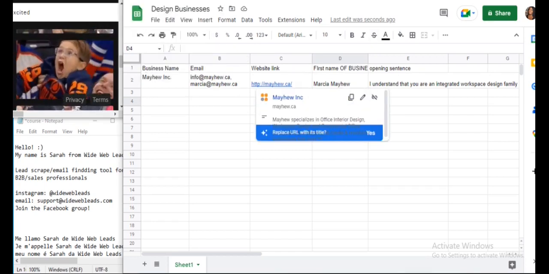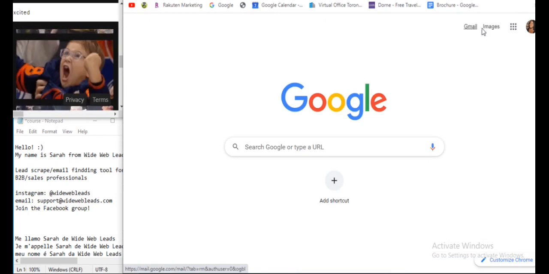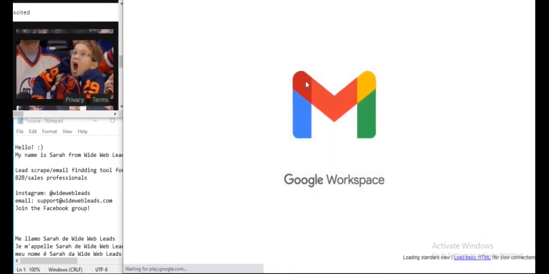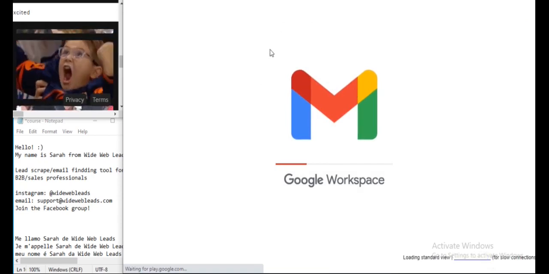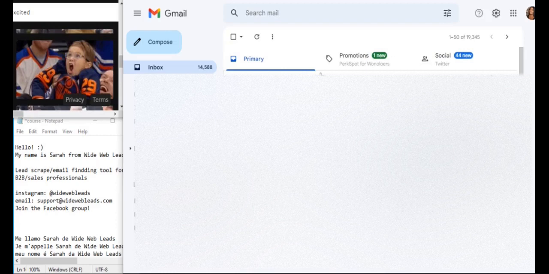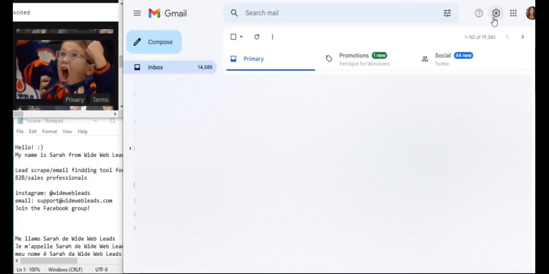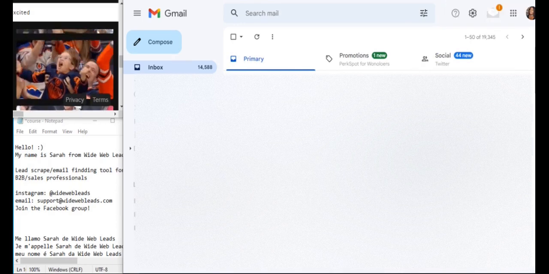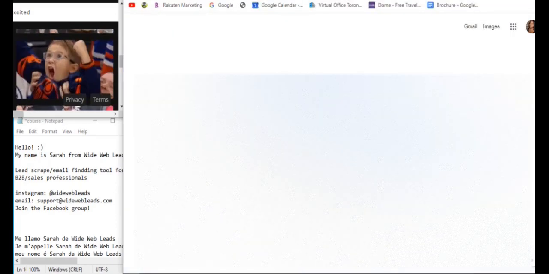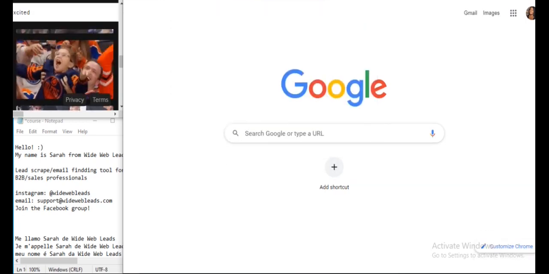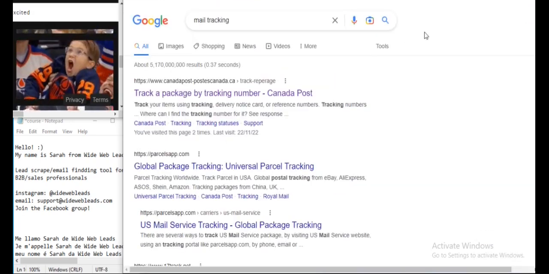And when you send the message, you want to go to Gmail. Okay, but actually, first, before going to Gmail, you want to go to a website called Mailtrack.